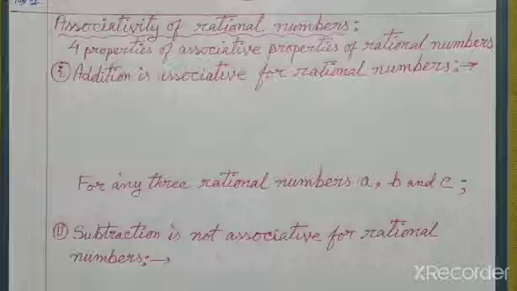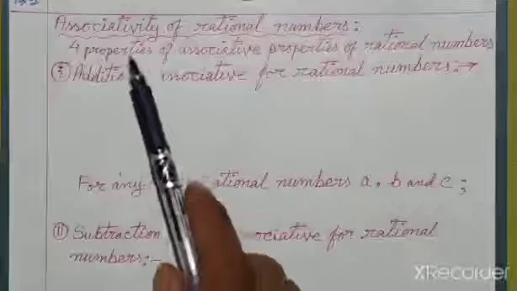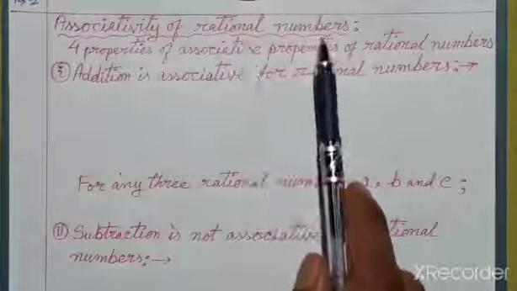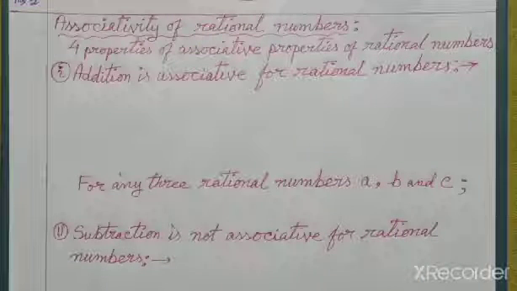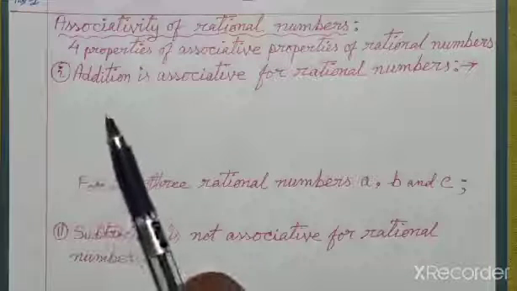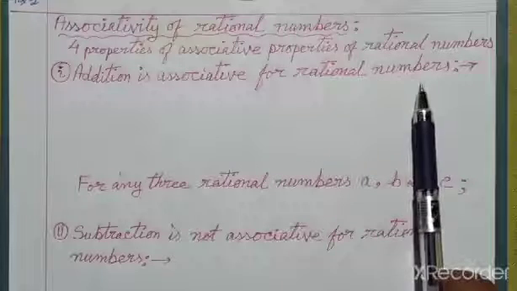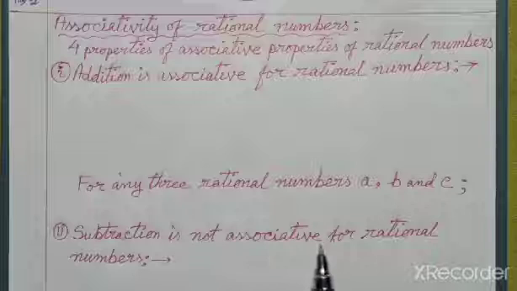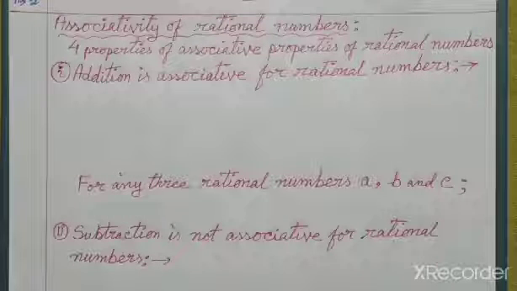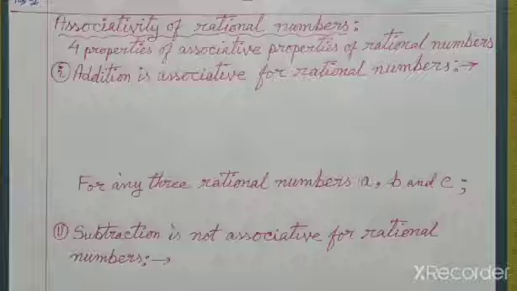Today, we are going to study about associativity of rational numbers. In this associativity of rational numbers, there are four properties. The four properties are: addition is associative for rational numbers, subtraction is not associative for rational numbers, multiplication is associative for rational numbers, and division is not associative for rational numbers. Now the first one,